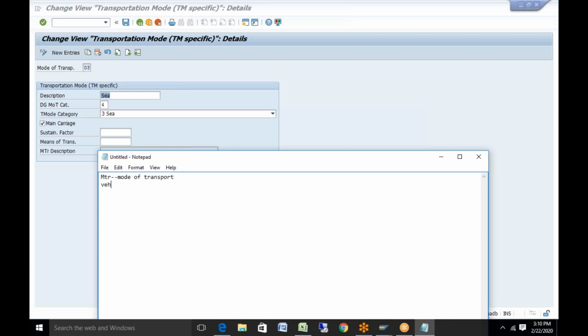And when you are creating a vehicle resource, you always assign the vehicle resource to a means of transport. If you assign a vehicle resource to a means of transport, then automatically the mode of transport is also reflected there. This is the relationship when you are creating your vehicle resource.